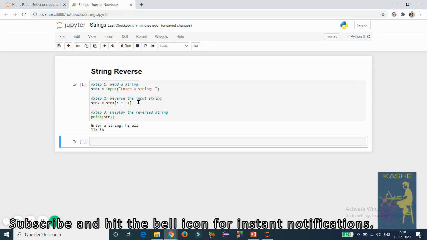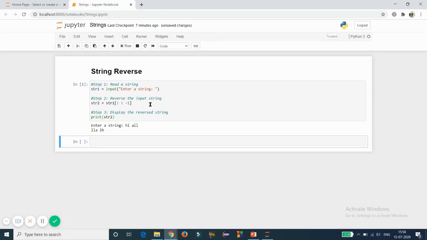In this way, in Python, we can use a simple slicing technique to reverse a string. Then colon colon -1 accesses the string in the reverse order because we did not specify any start and end, but we specified only the step, that is -1. Automatically, all the characters in the given string will be accessed in the reverse order. So that's all with string reversing in C, Java as well as Python.